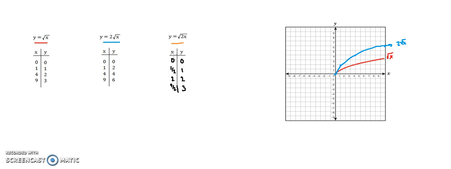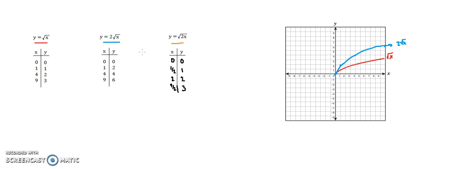Our y values stayed the same, but what happened to our x values? In order to get those same y values, our x values had to divide in half. So our x values got chopped in half. So let's think about that on a graph. If you take all of your points and you chop all of your x values in half, that's going to squeeze the graph together. Okay, so like you're taking your Silly Putty and you're squishing it in towards the center